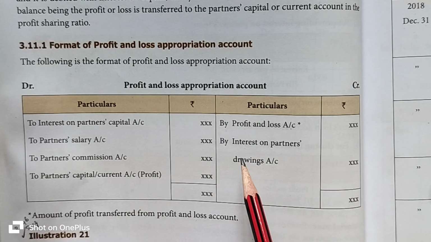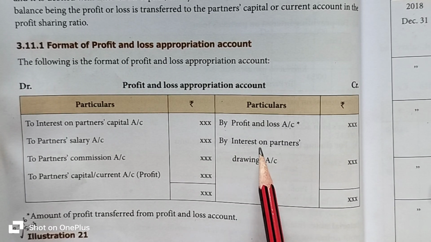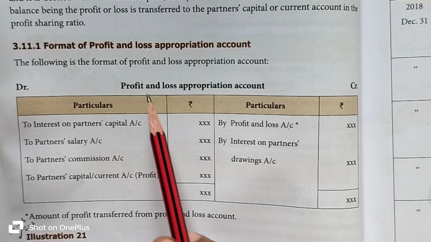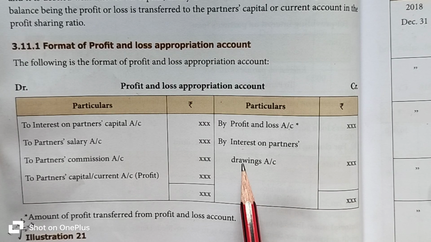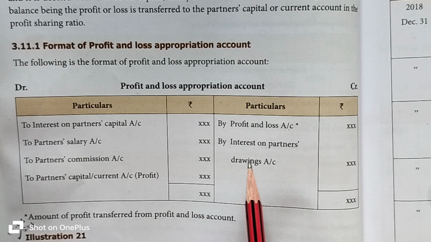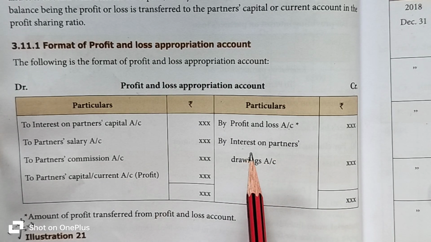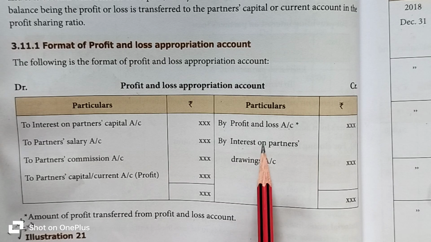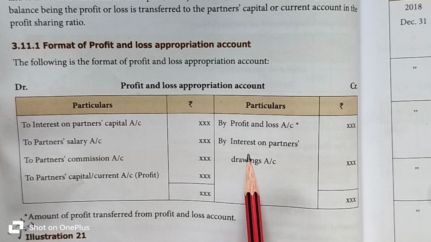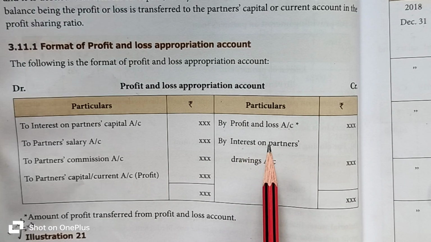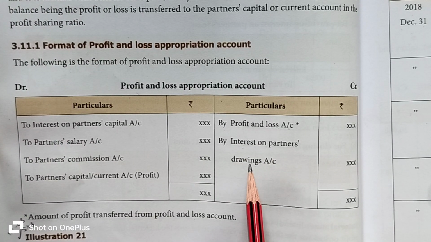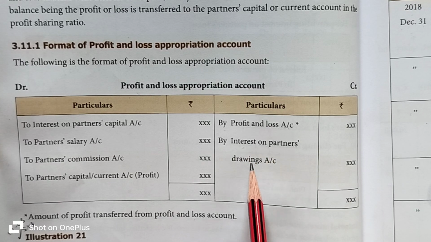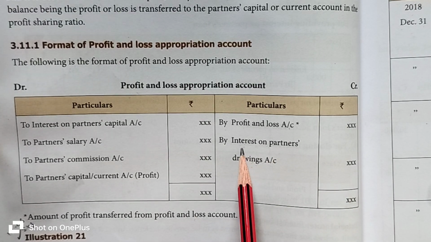Listen here carefully. All the income and gains are entered on the credit side of the profit and loss appropriation account. Interest on drawing: we always prepare the accounts only for the business, not for the partners or owners. From the business point of view, the business received the interest on drawing from the partners or owners, so it's an income. So we have to enter the interest on drawing